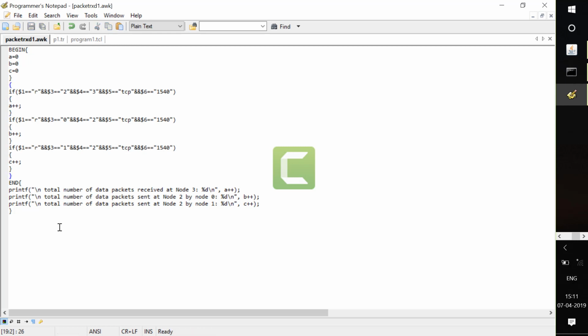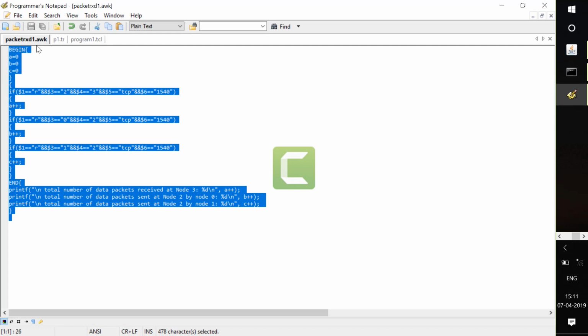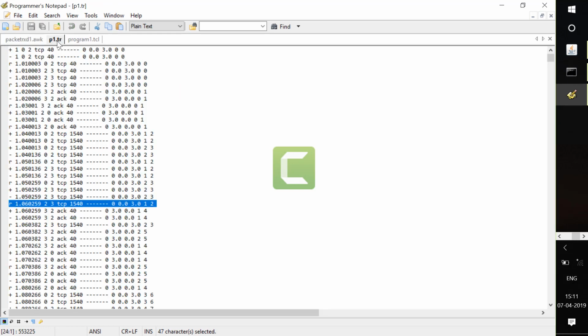Now this is like a formula. We will assign this formula to the TR file and check what results we are going to get.